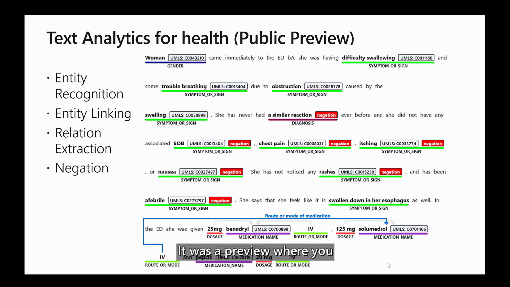It was a preview where you had to apply and then we had to approve and things like that. But recently, in November 2020, we launched text analytics for health as a hosted endpoint. So you no longer need a container and it's not a gated preview anymore. As long as you have the right key and subscription, you can call an endpoint